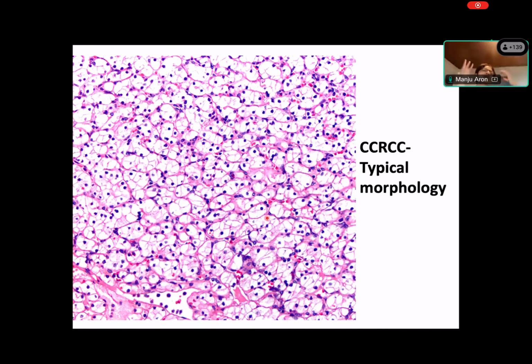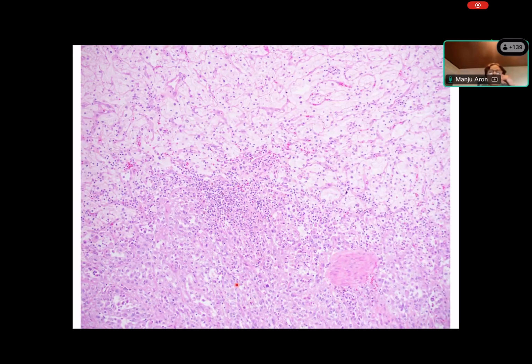This morphology, I just wanted to imprint it in your mind, is the typical morphology of clear cell RCC. In any tumor which shows this, I don't care how other areas look, this is definitely a case of clear cell RCC. Here, again, this is just to show you necrosis, which has to be differentiated from infarction. In necrosis, you will see the pyknotic nuclear debris, which you don't see in infarction. This is important because it's an independent prognostic parameter for clear cell RCC.